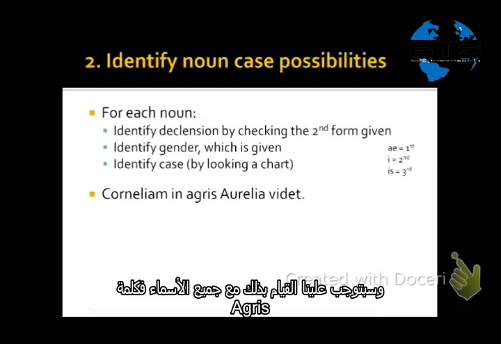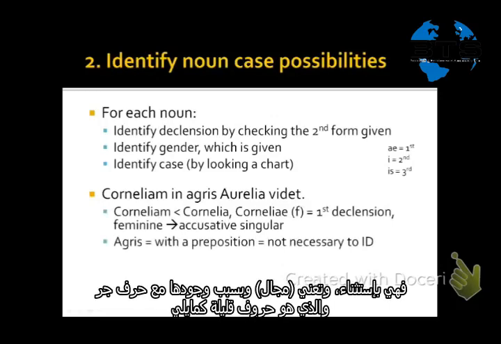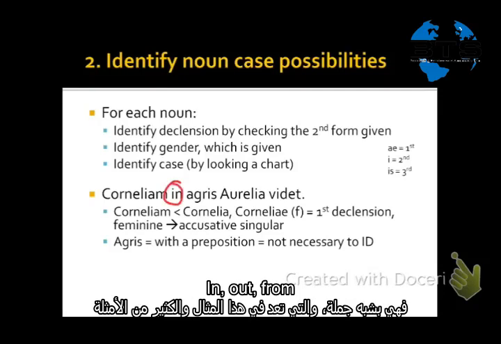So we do that with all of the nouns. We did that with Corneliam. For agris, actually, is an exception. I said all the nouns, but now I'm taking that back. Agris is a noun, it means fields, but because it is with a preposition, by preposition, remember, I mean little words like in, on, at, from, out of, all those little words, because it's with a preposition, it's in a prepositional phrase, it's kind of its own little thing, and it,